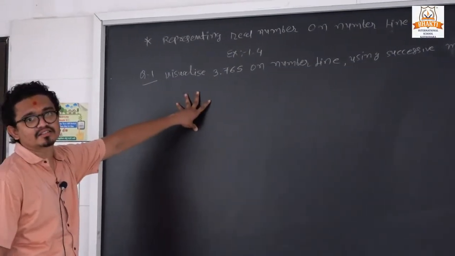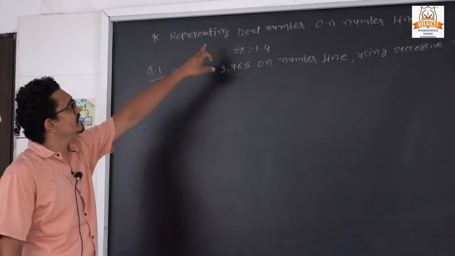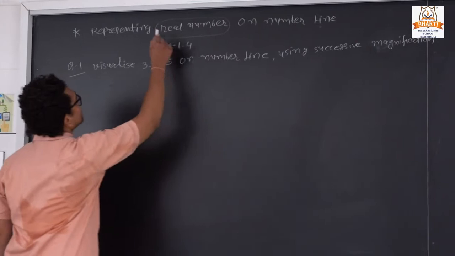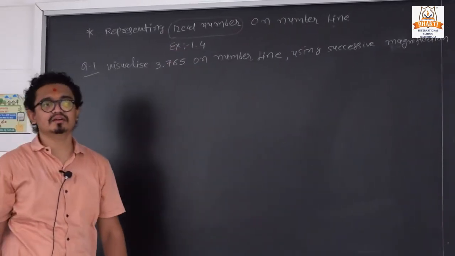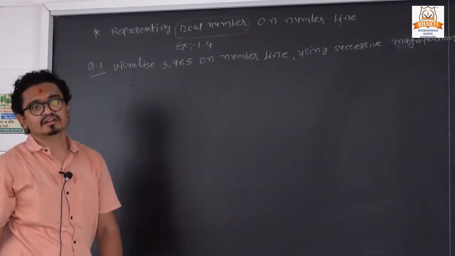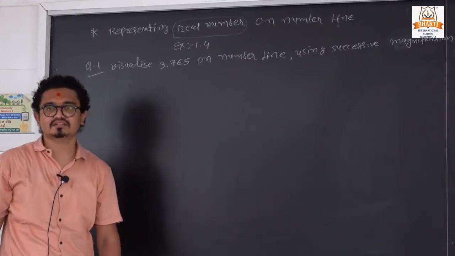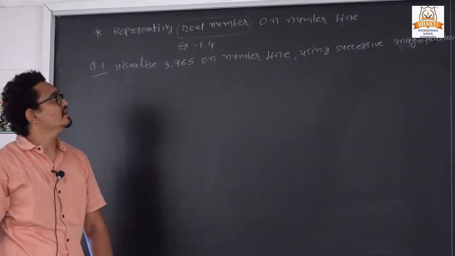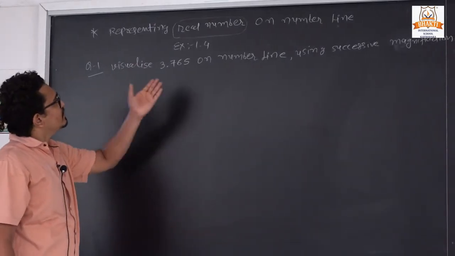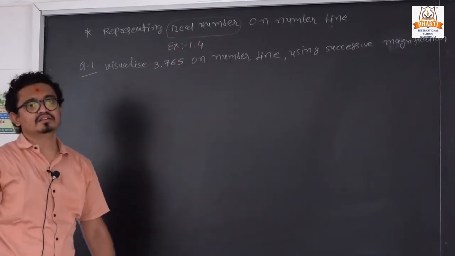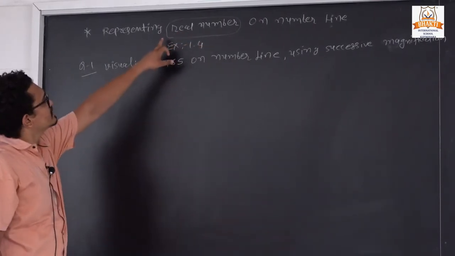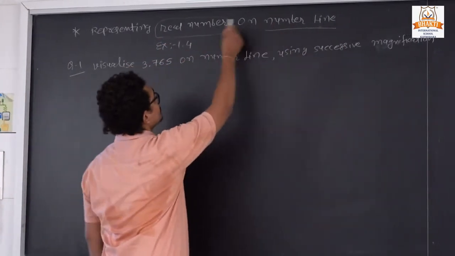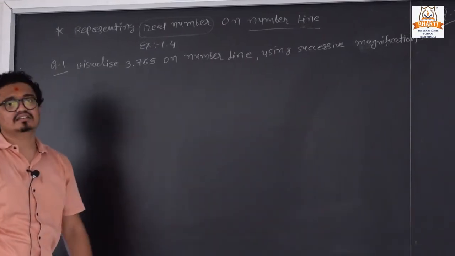So today the next topic is representing the real number. We already discussed that term, real number. Real means the number which is included in all the numbers. In a real number we consist of rational numbers, natural numbers, whole numbers, and all the numbers are included in the real number. So we want to represent the real number on the number line. We are already familiar with these two terms, real number as well as the number line.